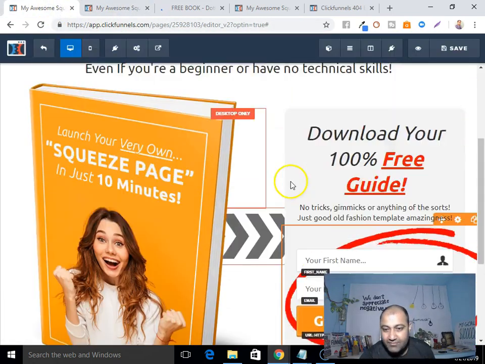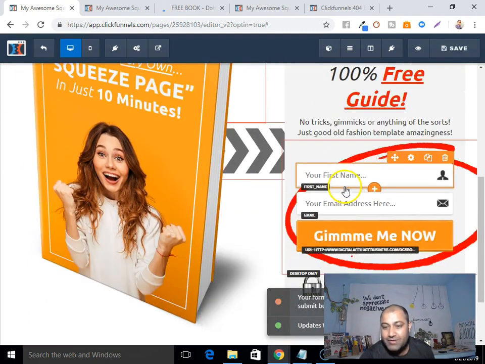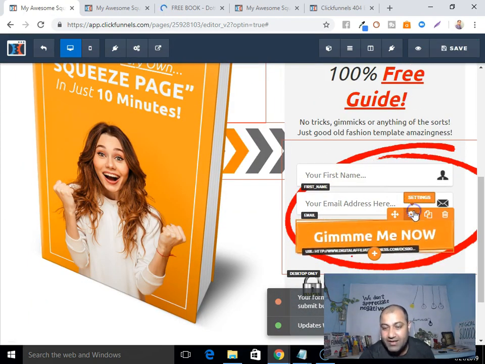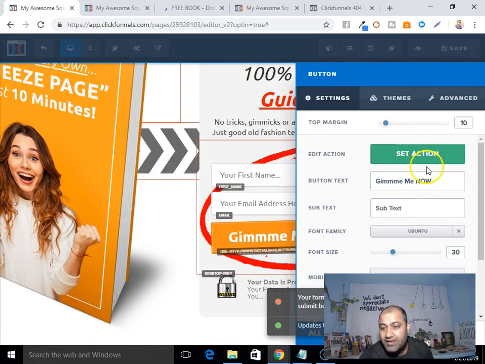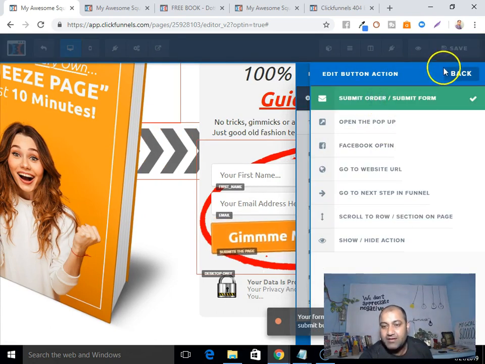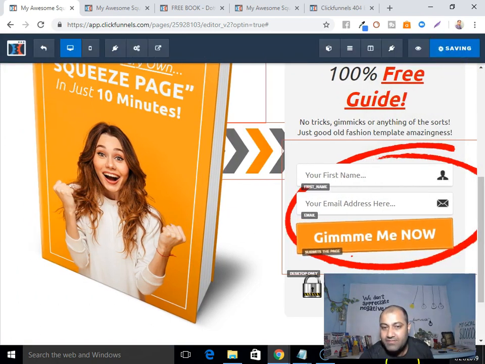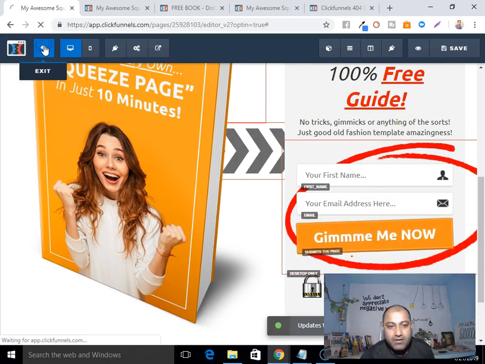And let me show you another option. If you don't want somebody to go to your affiliate offer directly, and you want to take them to your thank you page, then what you can do is just click here, that's it. And instead of clicking this button, go to website, you have to click on that submit order and submit form, and save. And from here